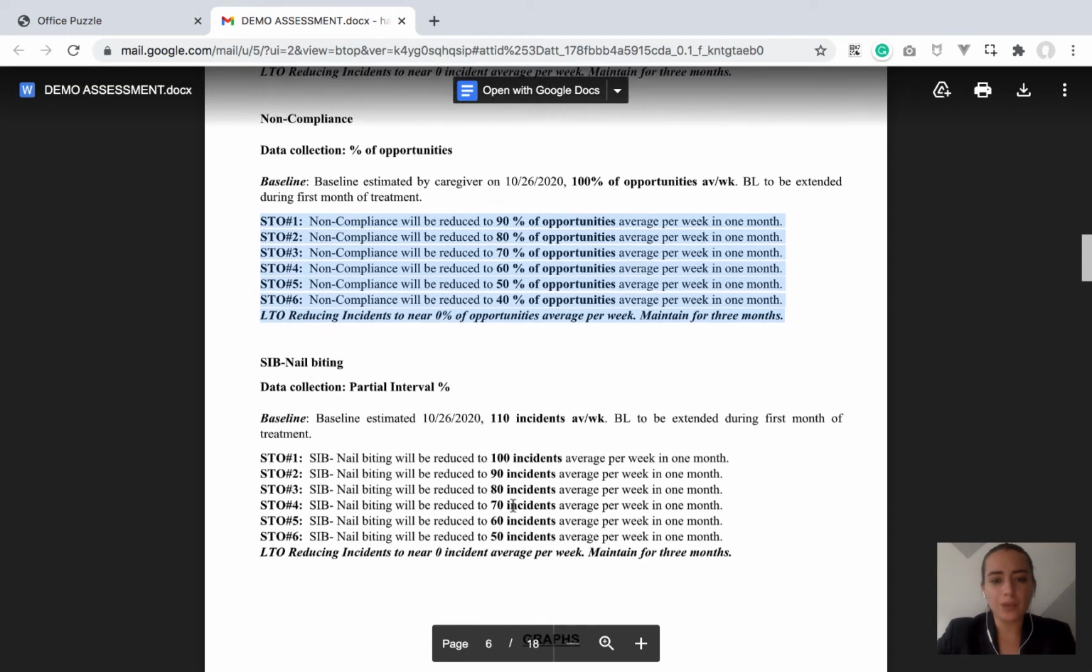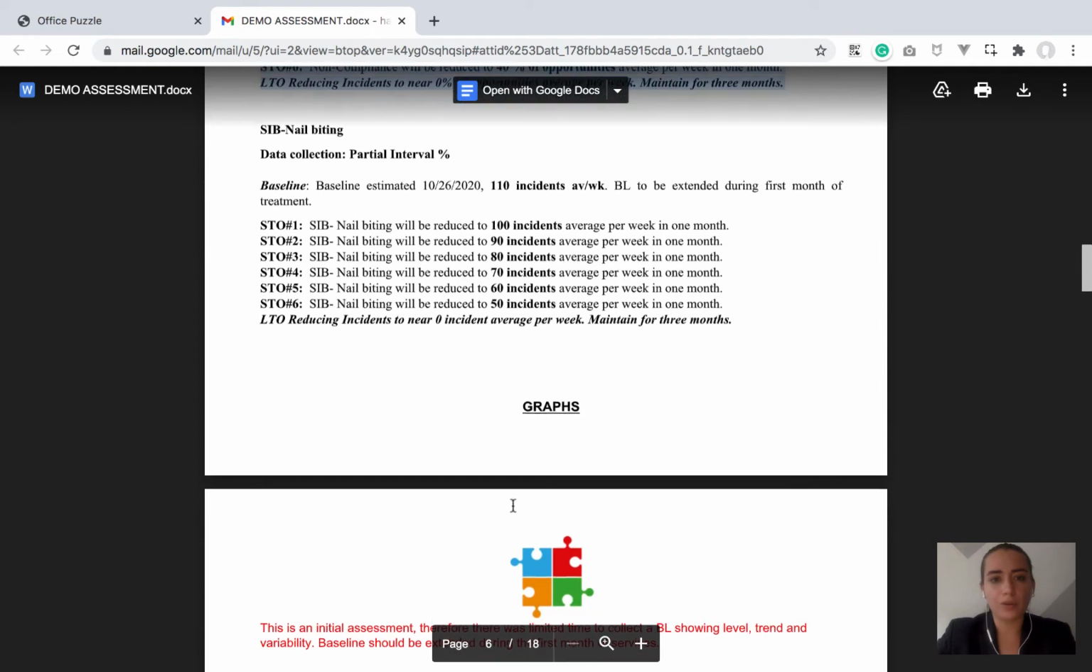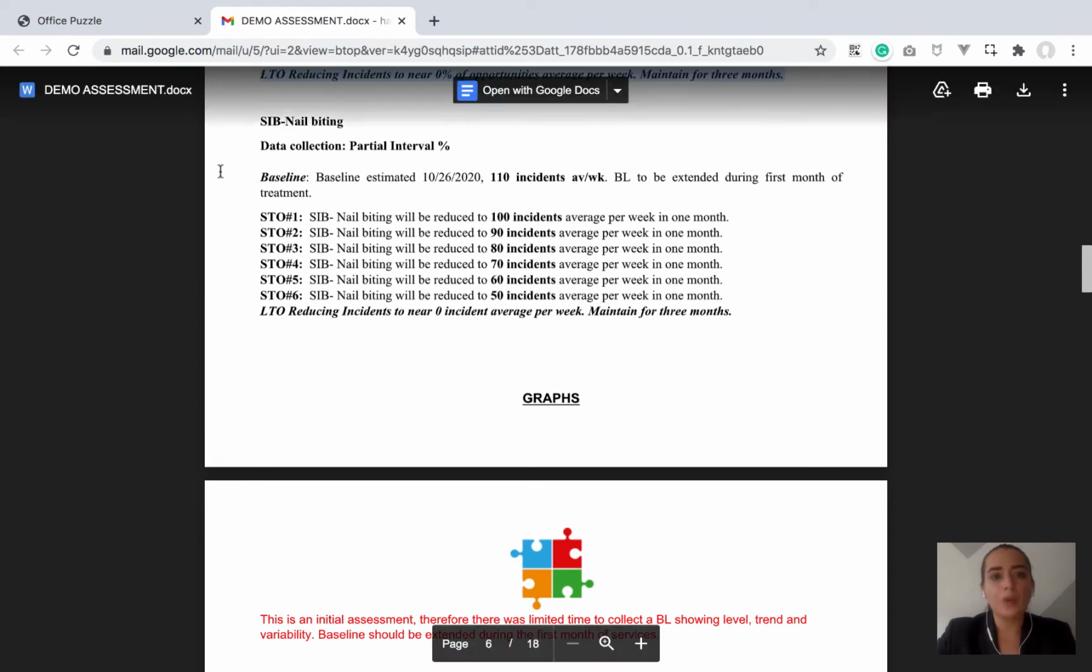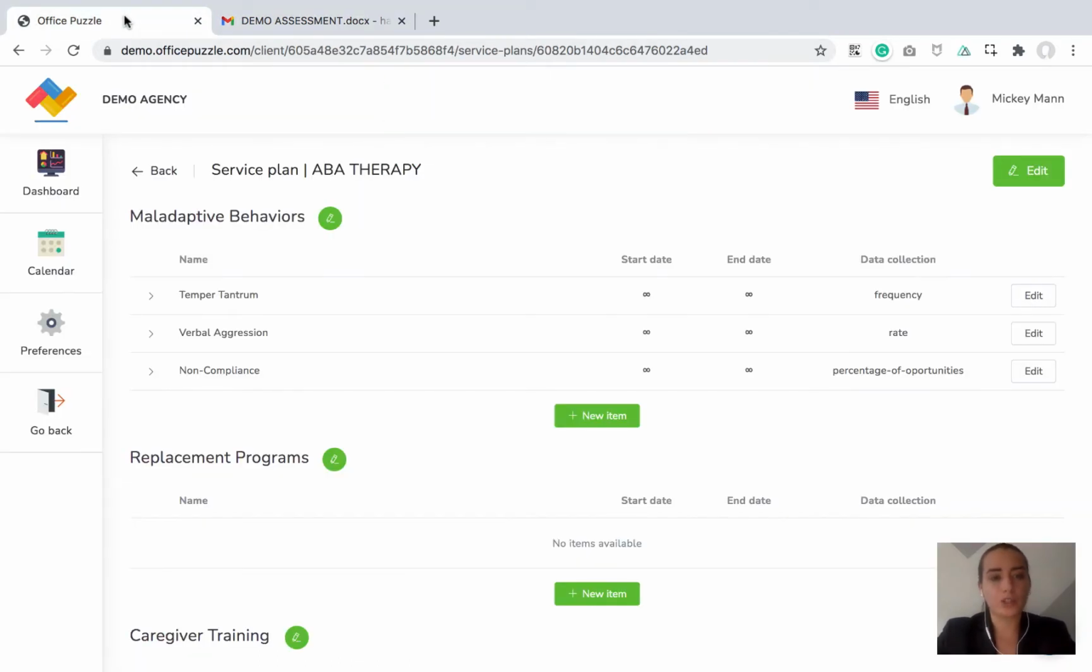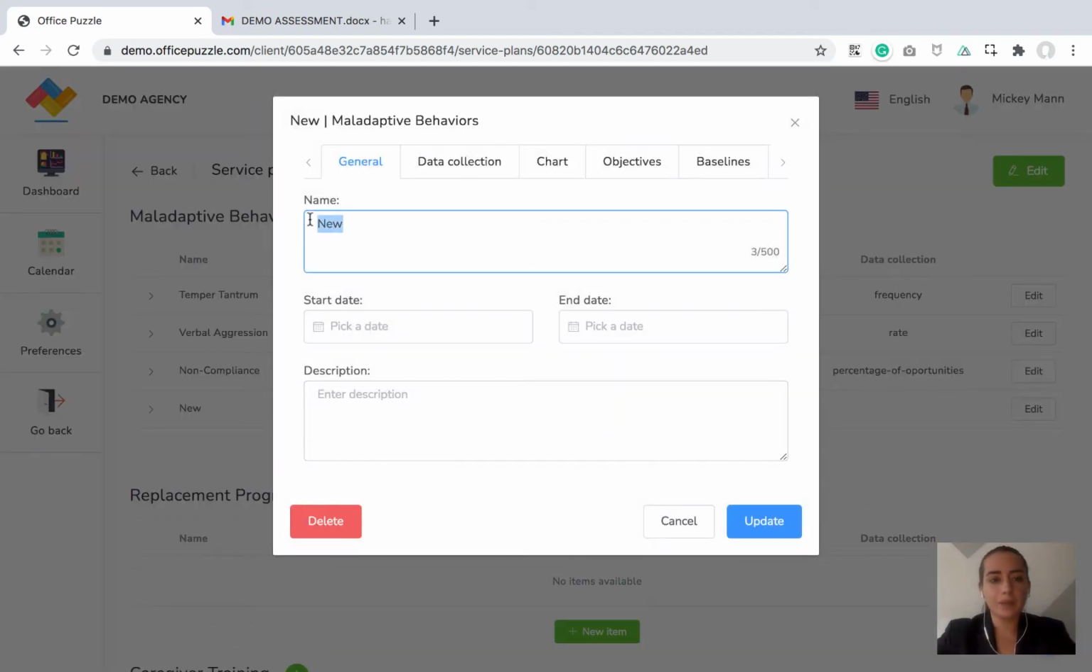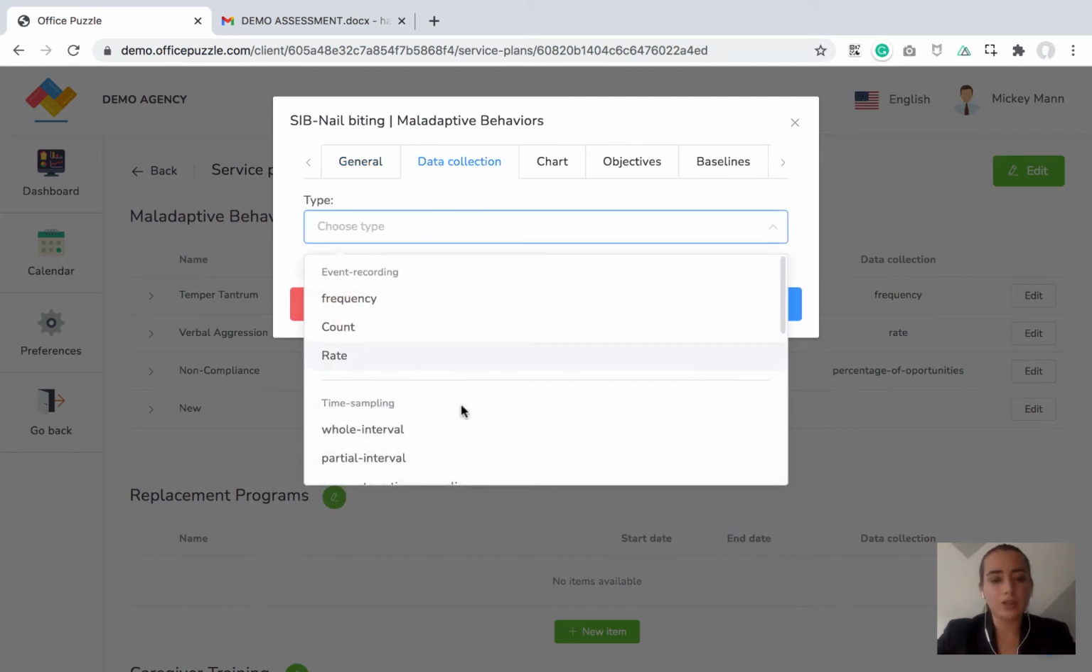Another example that I have for the sake of the training would be partial interval. So I have a behavior that is going to be collected on partial interval. And for this, I just click on new item, put the name, and then on data collection, I just select,